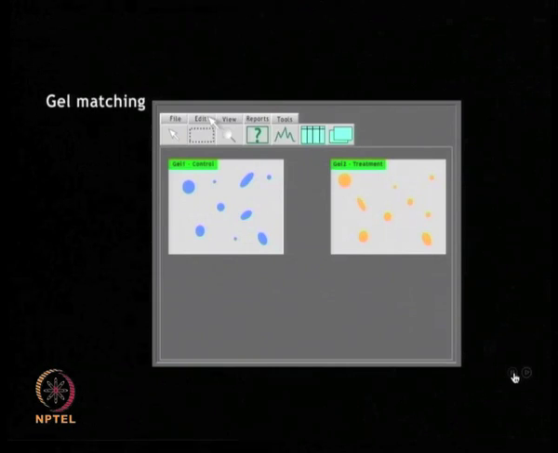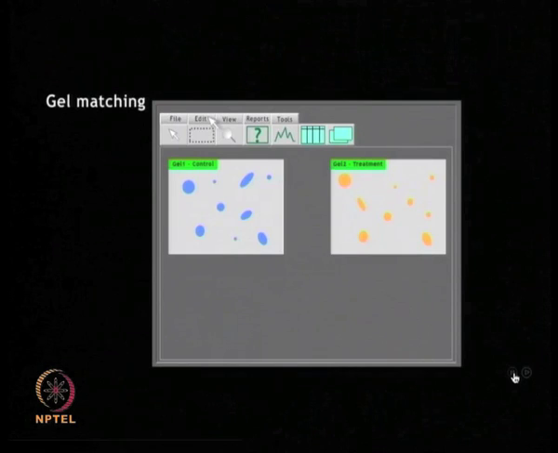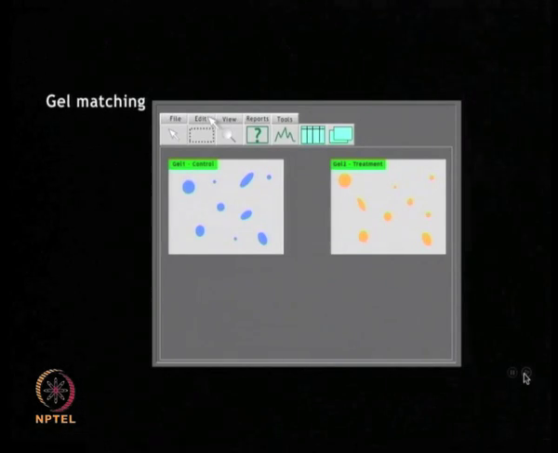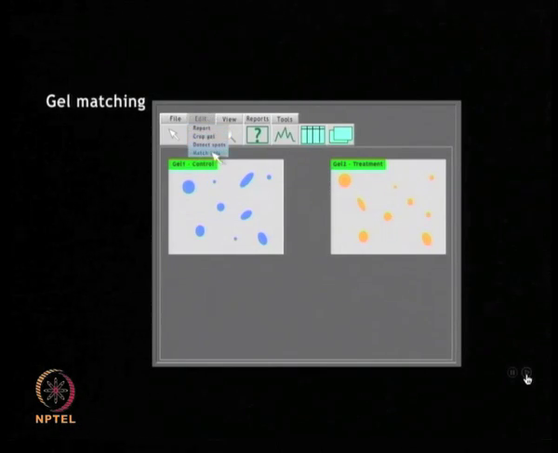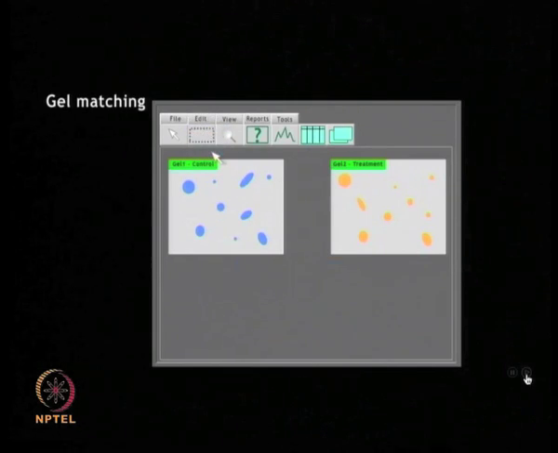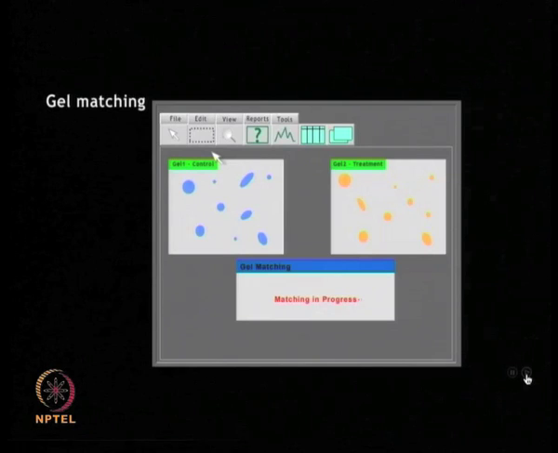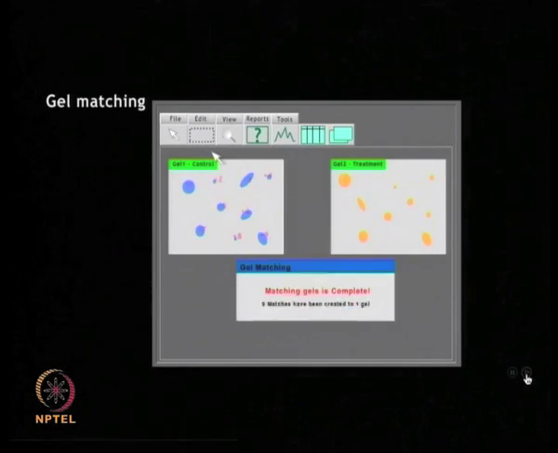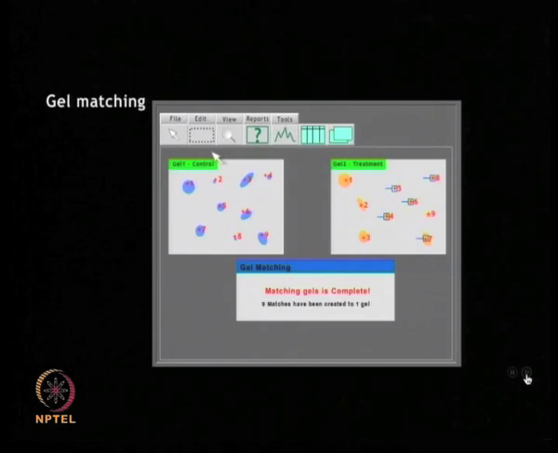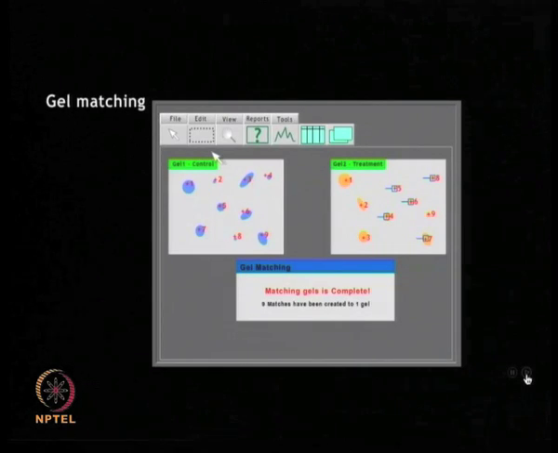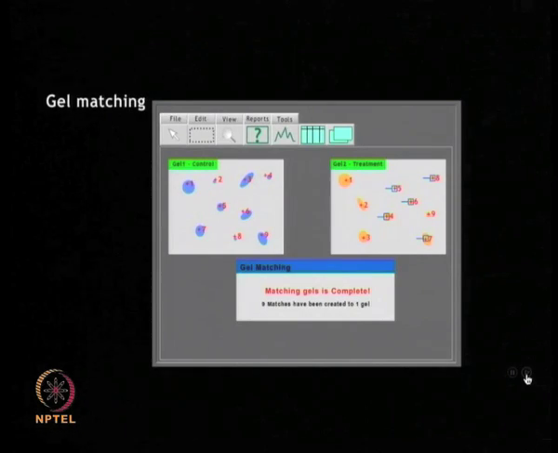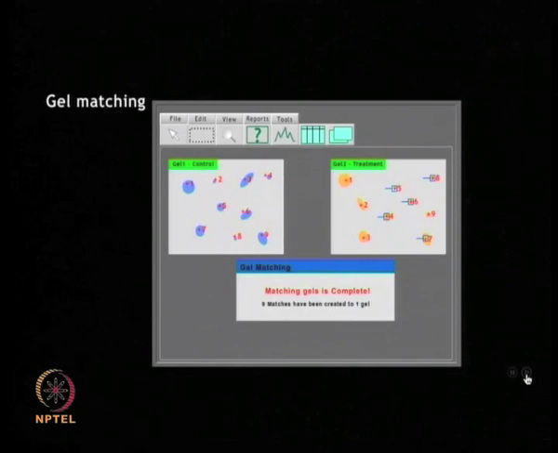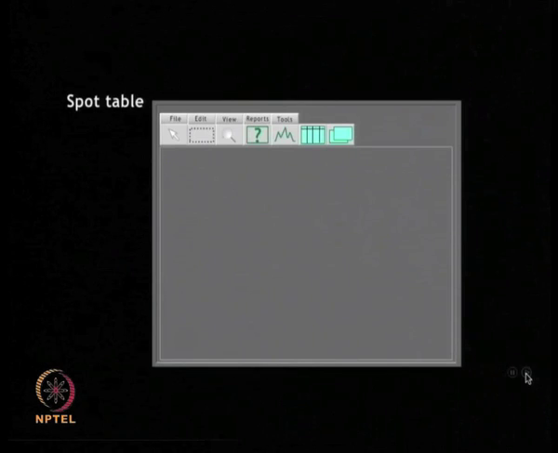Now, I will describe the gel matching. The software facilitates interpretation of the gel images by matching two different gel images which were obtained in your experiment. The matching spots are marked and after matching is done, any variation in the spot intensity and spot positions can be indicated by the blue lines as shown in the animation. This provides an understanding about the reproducibility across the gels.